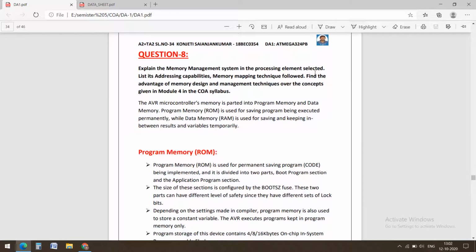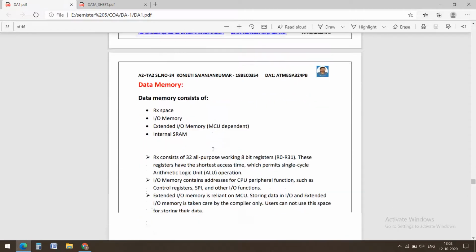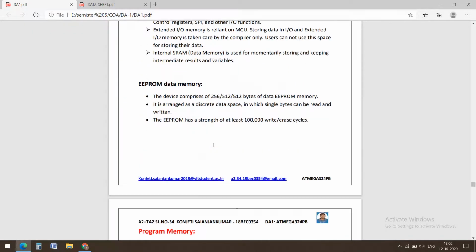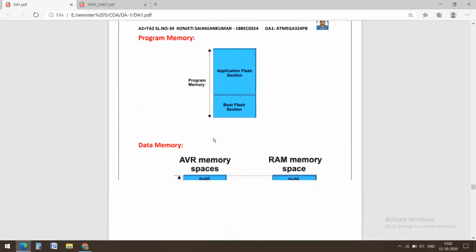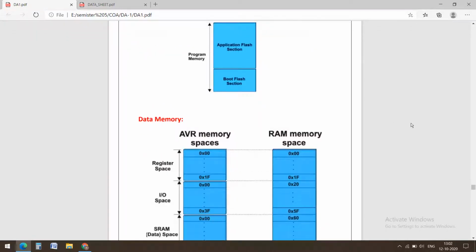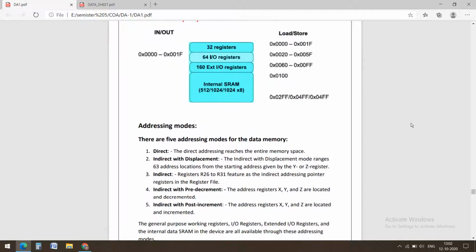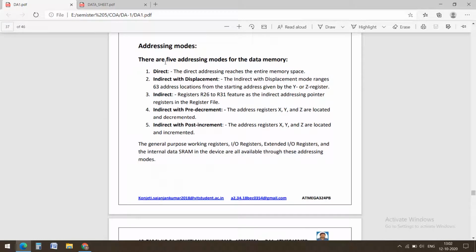Then the next question is based on memory organization and memory management. This microcontroller is an AVR microcontroller. Its memory mainly contains program memory and data memory. All this information we can find from the data sheet provided for the microcontroller. And this is how it is organized in the microcontroller. This is the memory mapping. And there are five basic addressing modes, and all this information we can find from the